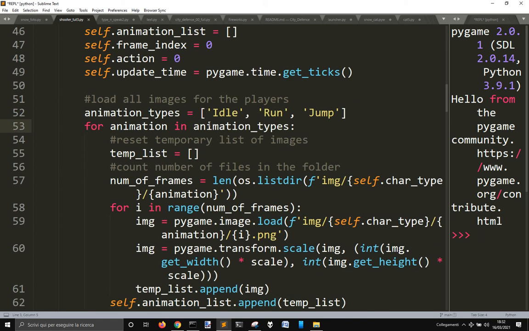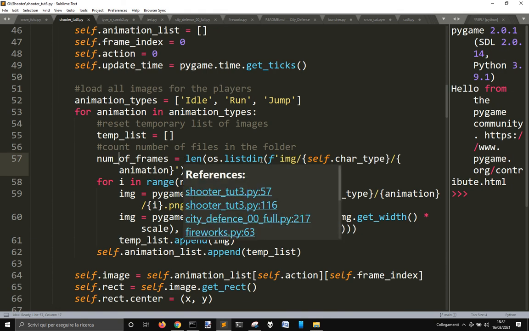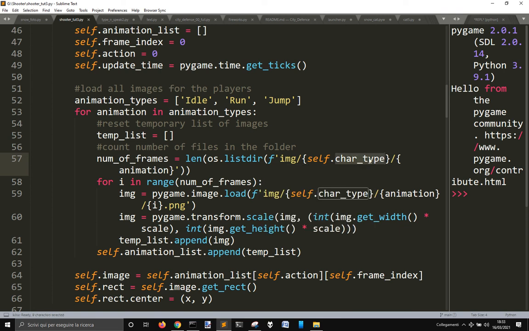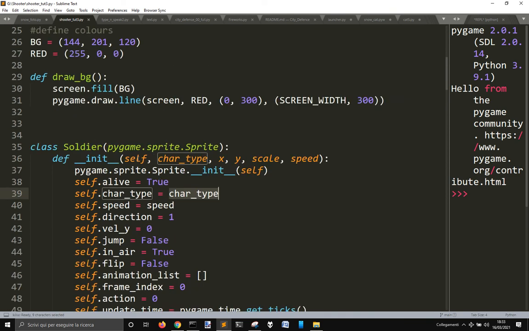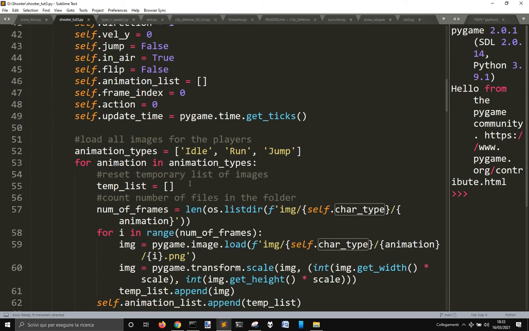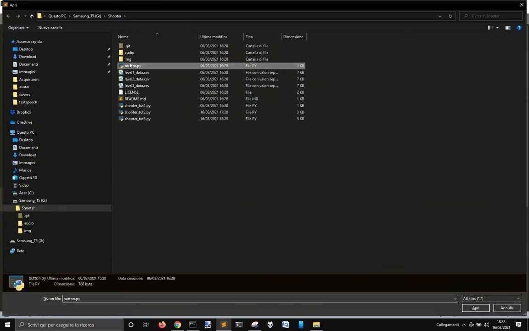So in animation types, we get this empty list. Number of frames, let me see what it does. Okay, it counts the number of frames of the images, self chart type, the type of character. Okay, chart type, let me see. Here it is. Chart type, it's the player. So self chart type, if you go into the image folder,